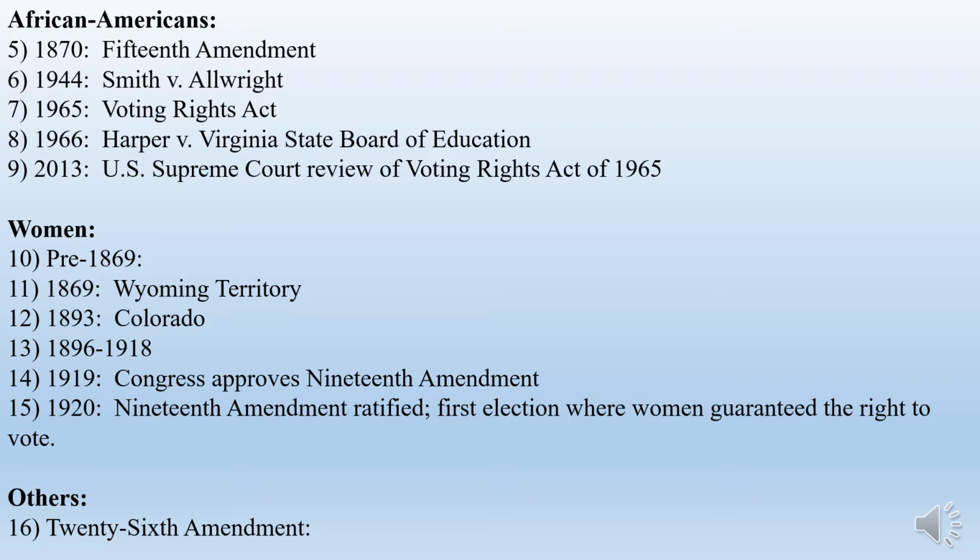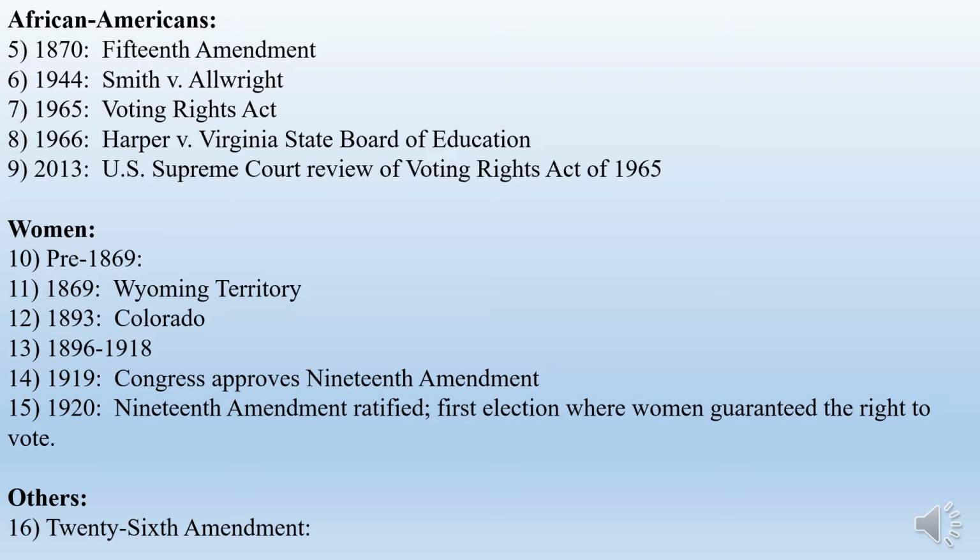Another thing that happened was in 1944. We have a Supreme Court case called Smith v. Allwright. The textbook discusses this. And prior to 1944, states, especially in the South, would not allow African Americans, in states that allowed African Americans to vote, to vote in party primaries. And the reason why is they considered party primaries, and political parties themselves, to be private organizations that you had to be a member of, and they did not allow African Americans to be members of that club.